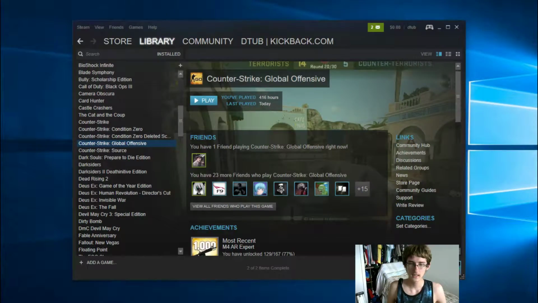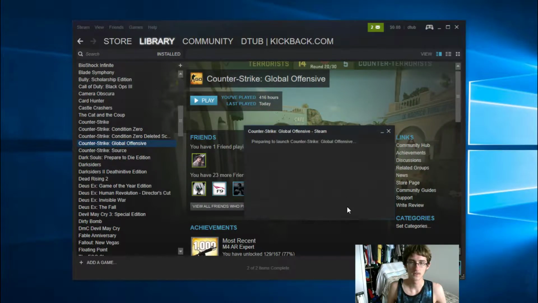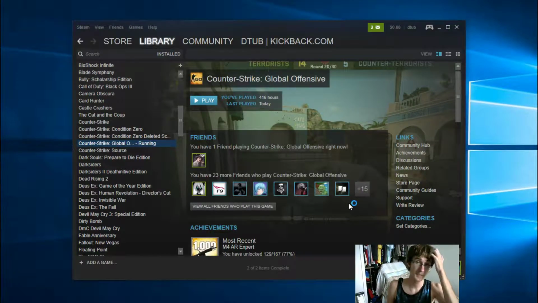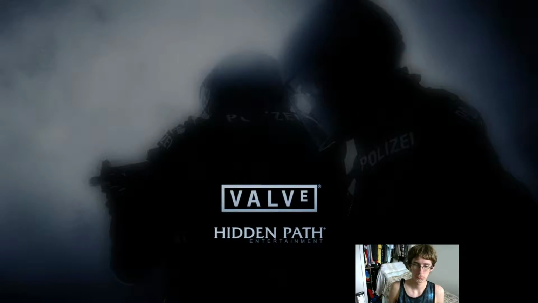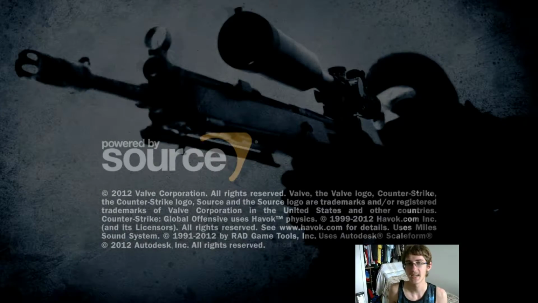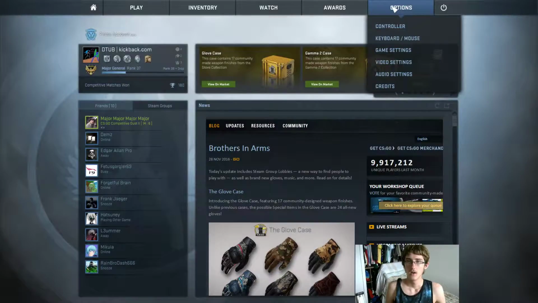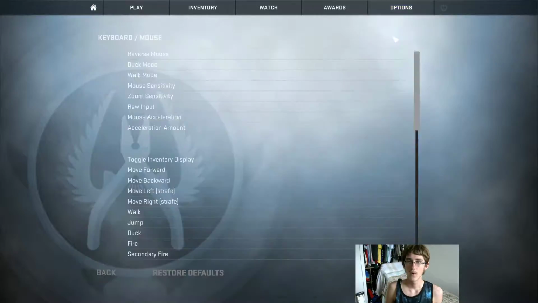So lastly, let's get into CSGO. To be honest, I have not been playing CSGO, so I don't know, but it is one of my favorite games. So we're adding it to this for what settings I use. Okay, so controller, we don't use a controller. For keyboard and mouse,